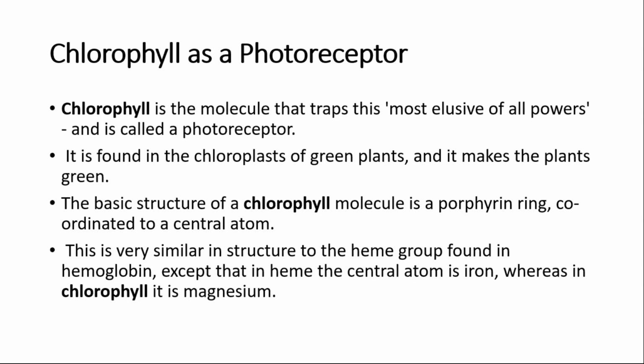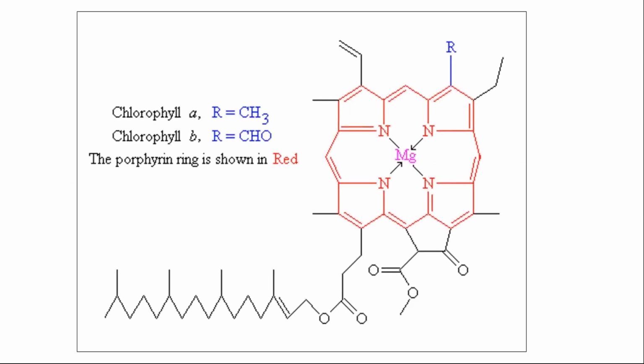Iron is chelated and held, and iron is the central atom, and it is the carrier of oxygen. Whereas in chlorophyll, it is magnesium which is the central atom. So this is the structure of chlorophyll. You have the four porphyrin rings, 1, 2, 3, and 4, which coordinate the central atom,